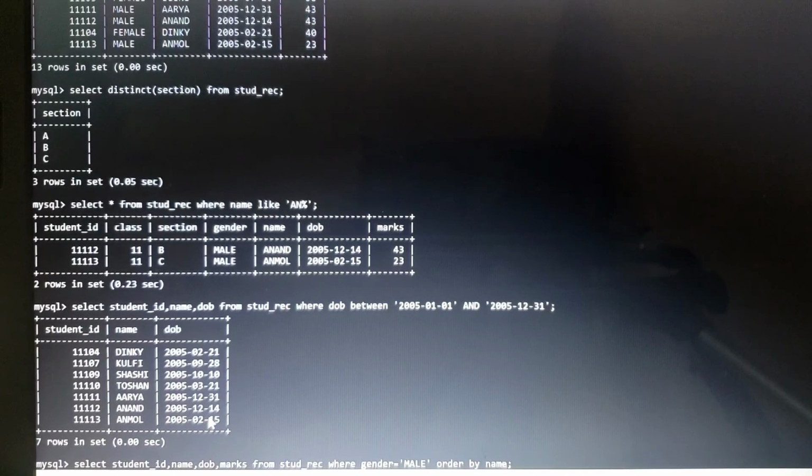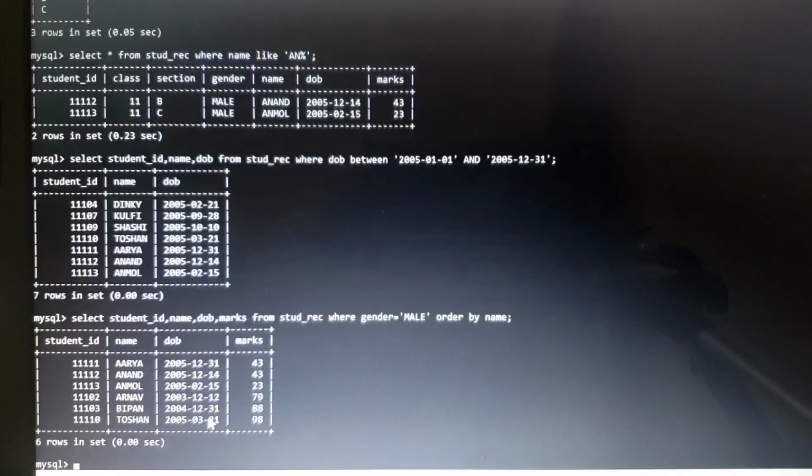But if you want to have it in descending order, in that case you need to mention it. So we are not mentioning anything over here. Just press enter. Here you can see these are all males and whose names you can see are appearing over there, with the help of which you are able to get the output of your query.